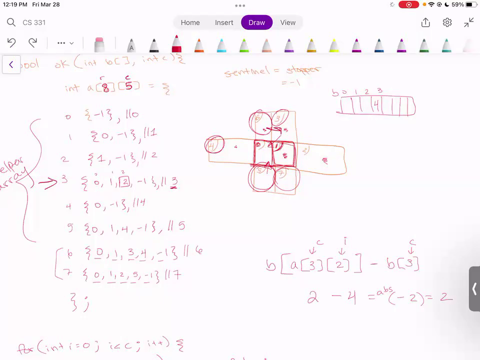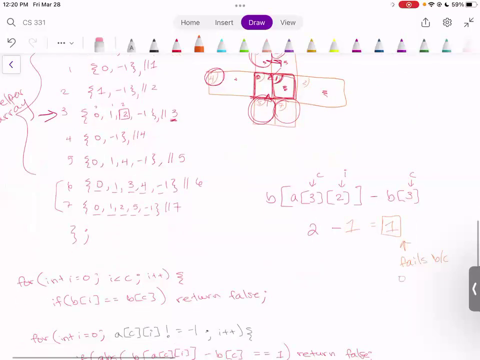Say, however, there was a, which number do I want? Say there was a 1 here. That would cause us an issue because it fails the adjacency test. 2 minus 1 equals 1, and this shows that a neighbor has one difference from where